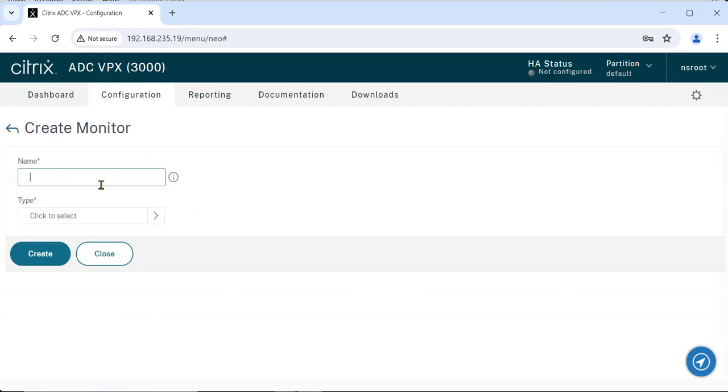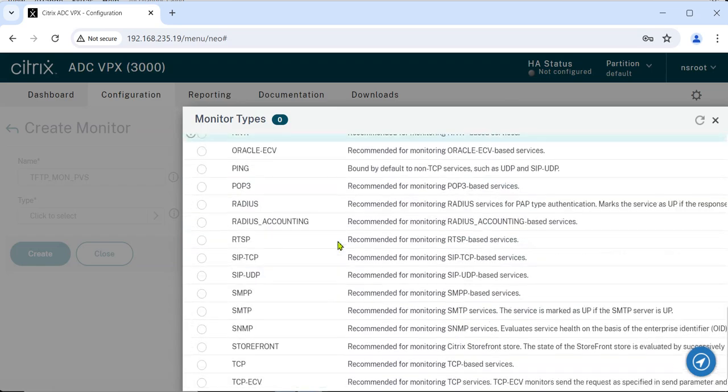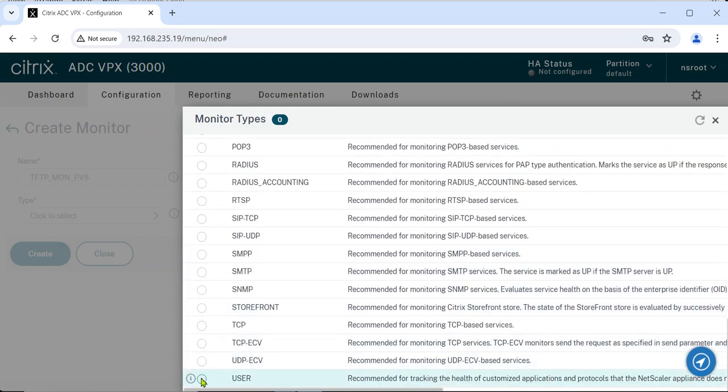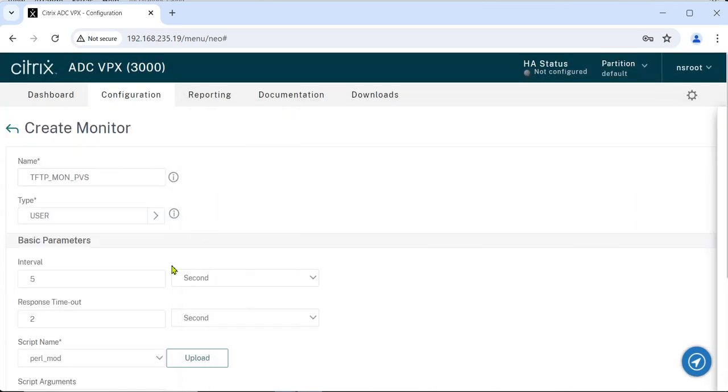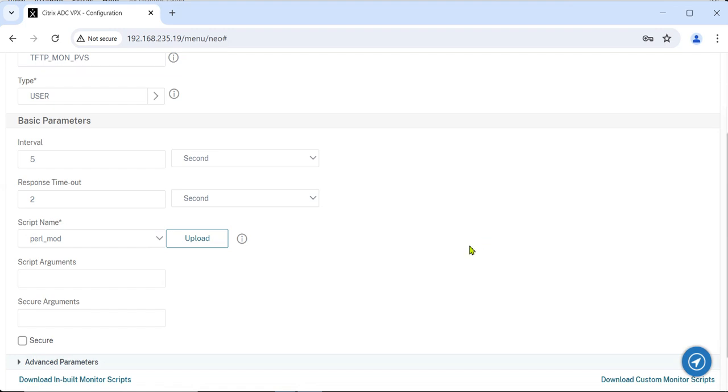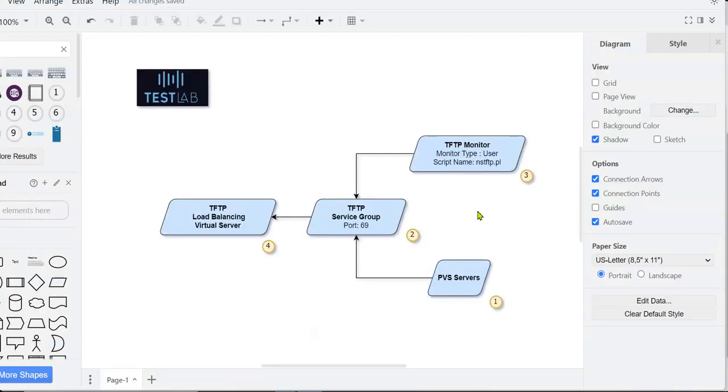We should give it a name, TFTP monitor and also PVS. And here the type, you should select user, select,